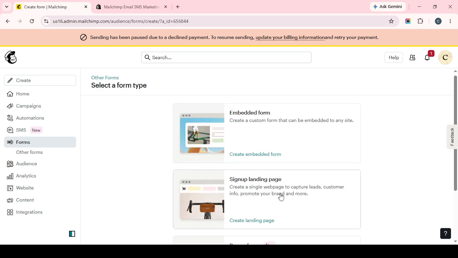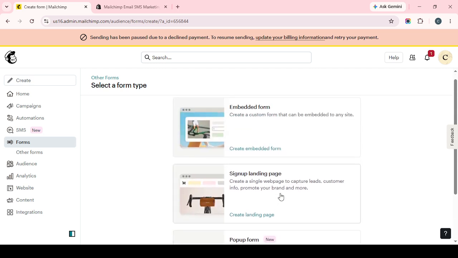And that's it. You've opened the sign-up forms area, selected the form builder, added the required fields, updated the labels, and copied the direct link to share your form. With these basics in place, you're